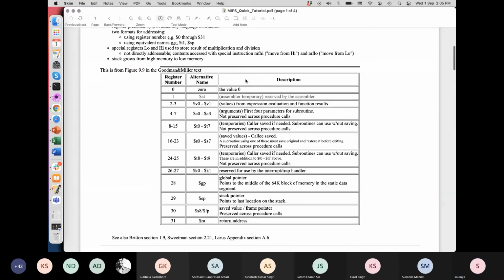You have several other classes of registers. Some of the registers are specific for when you are making a subroutine call. When you make the subroutine call in assembly, you store values in specific registers which hold the arguments for the subroutine call. So you have $a0 to $a3, which is the assembly mnemonic of these registers. Actual register numbers are 4 to 7. These can be used for storing the parameter values in this order: first parameter, second parameter, like that, for the procedure call that you are trying to make, right?